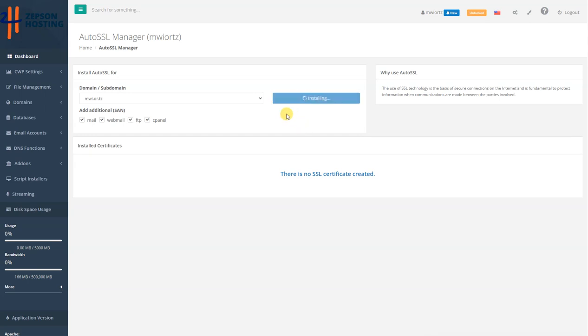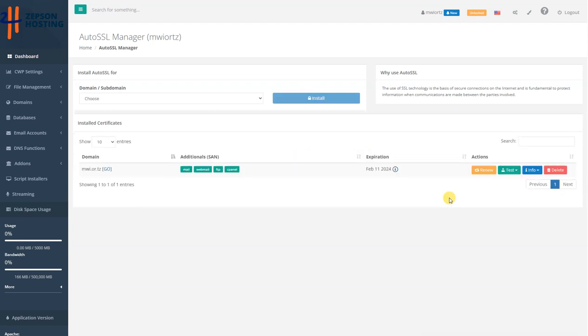Now the system is installing the certificate and it takes a few seconds to complete. Now, the SSL certificate is installed successfully. Your customer's data is